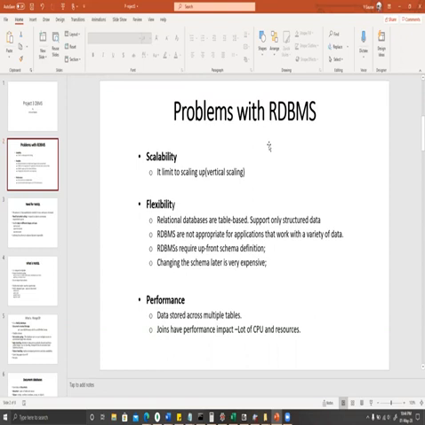They also require upfront schema definition, and changing schema at a later point of time is very expensive. Another point is performance. Data is stored across multiple tables, and we need to use joins to retrieve the data. And joins are expensive since they require a lot of CPU and resources.